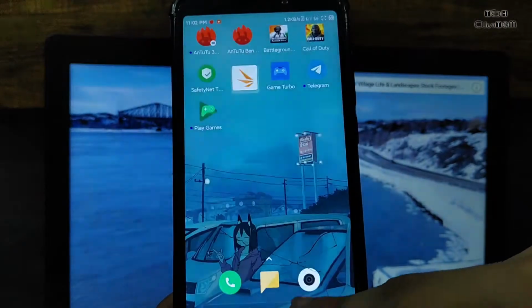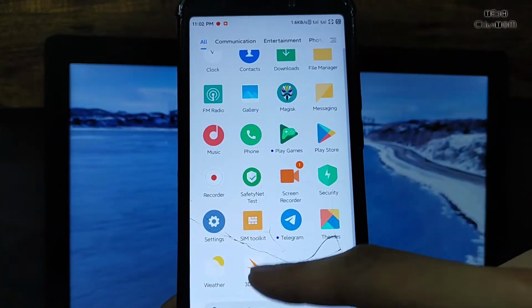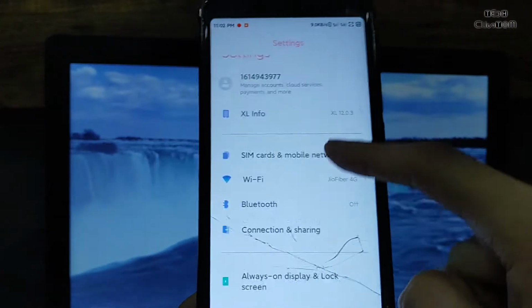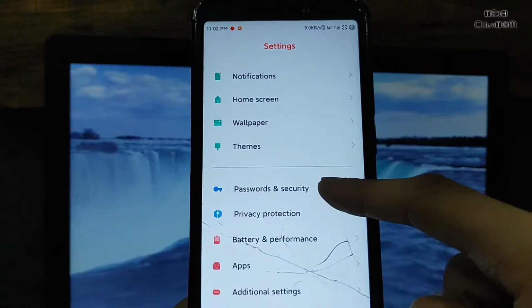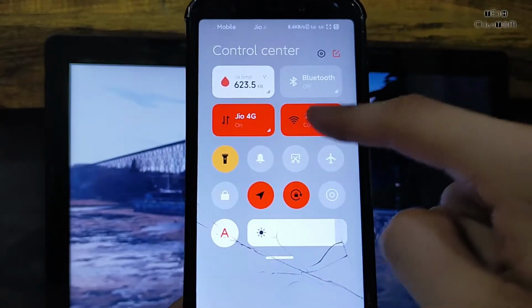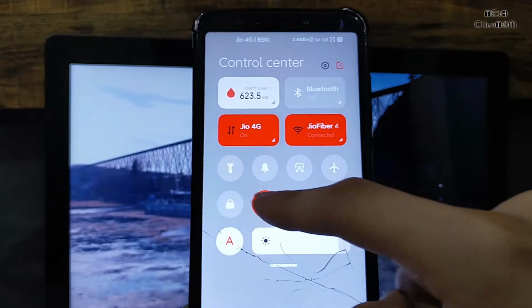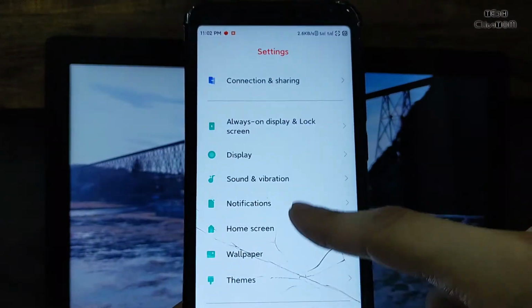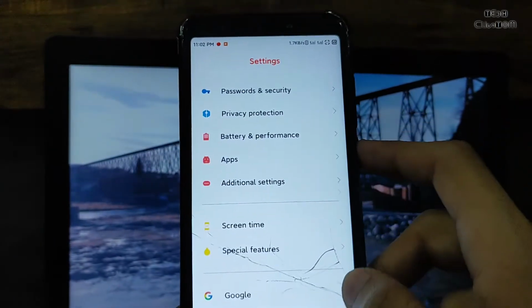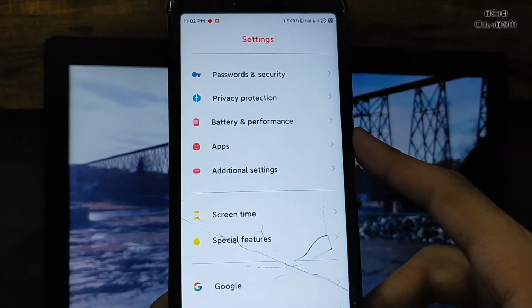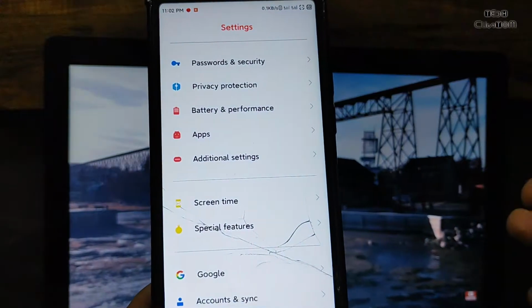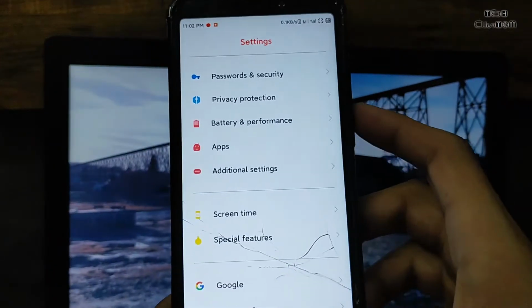So these all are the features. All the features are working perfectly, while there are a few applications, a few features that are not working. So you can check it according to your use if you want. And here the control center light is working perfectly, everything is working perfectly. Wi-Fi is also, hotspot is also working perfectly fine. Bluetooth is also working. So if you want to use this ROM for daily usage, not for longer duration, but you can use and try it if you want.